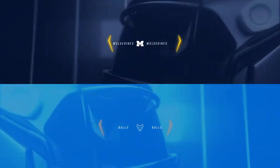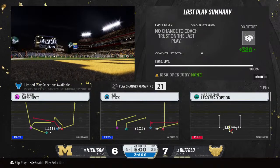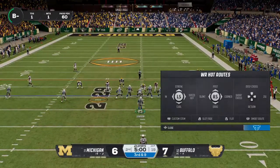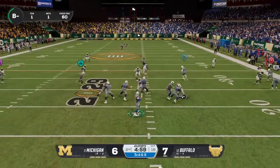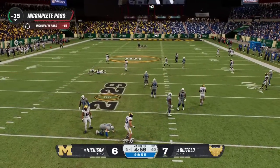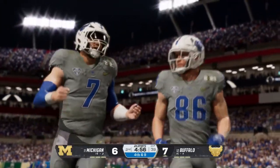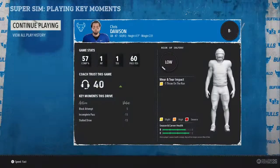All right, let's get back to the action. Getting closer to finding out who will be celebrating here tonight. We begin the quarter with a crucial play. Offense setting up for this 3rd down. Dropping back. We're going to throw for the 1st down. There's contact on the throw. Can't hold on. Good defensive play brings up a 4th down. The quarterback did all he could here to wait until the...